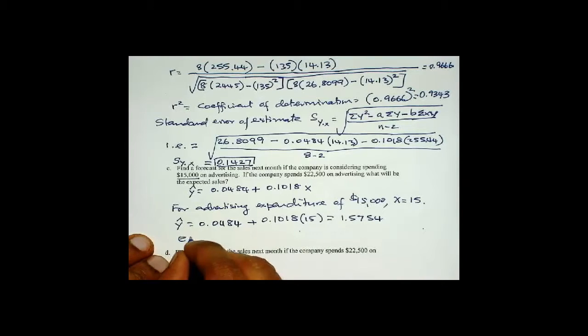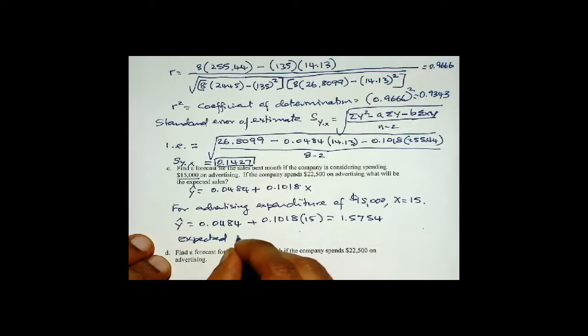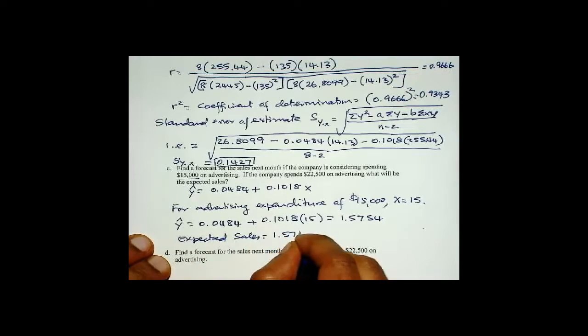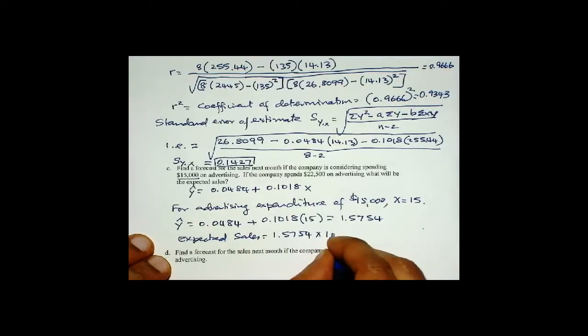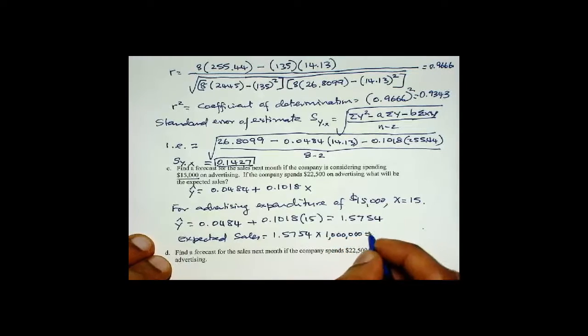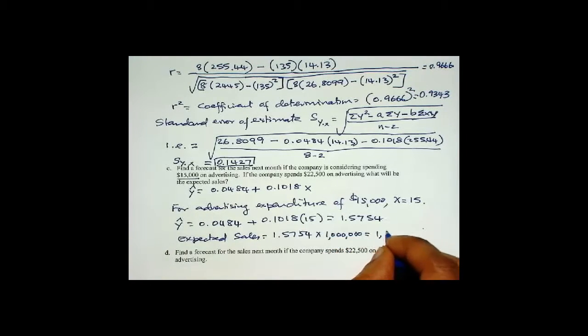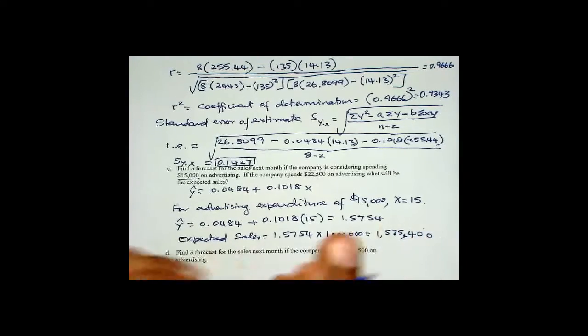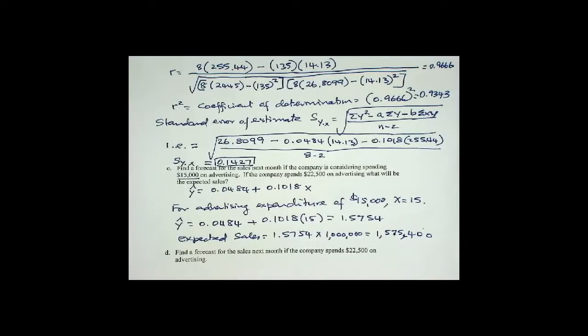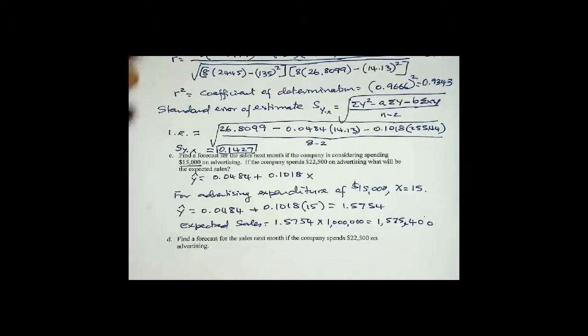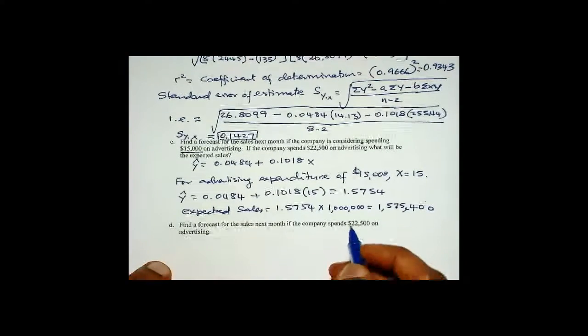So the expected sales is 1.5754 times $1 million. So then you get $1,575,400. Okay. Next, for 22,500,